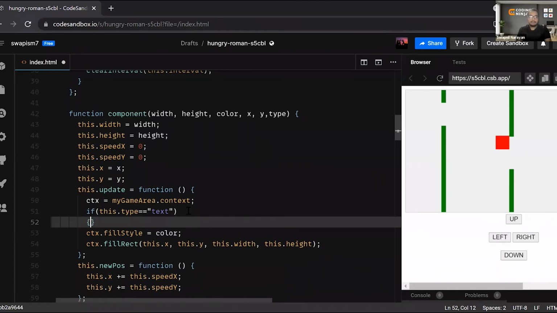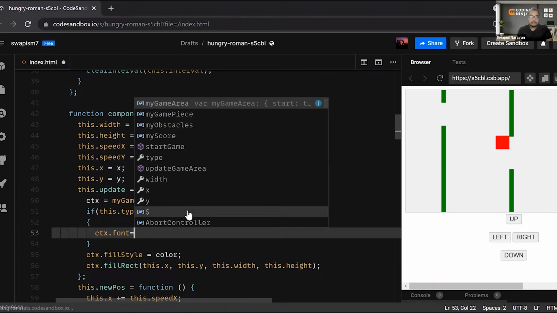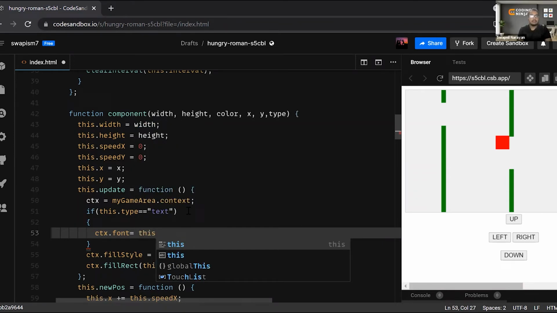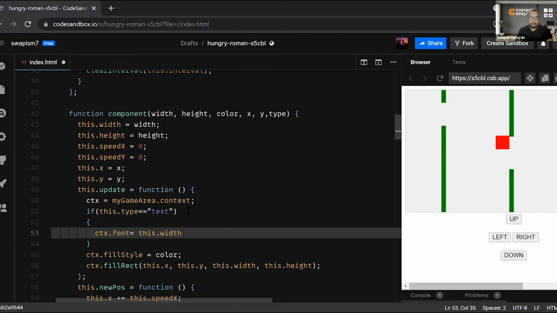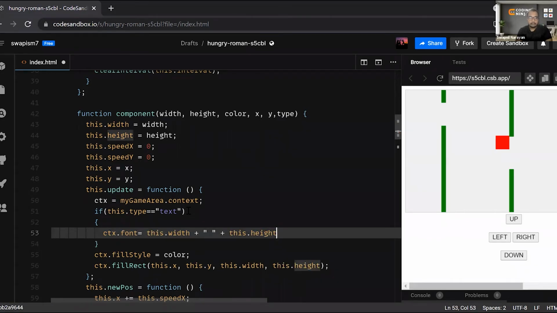I have made one more variable, and over here I am setting the font. ctx dot font is equals to this dot width plus some space plus this dot height. Fine.